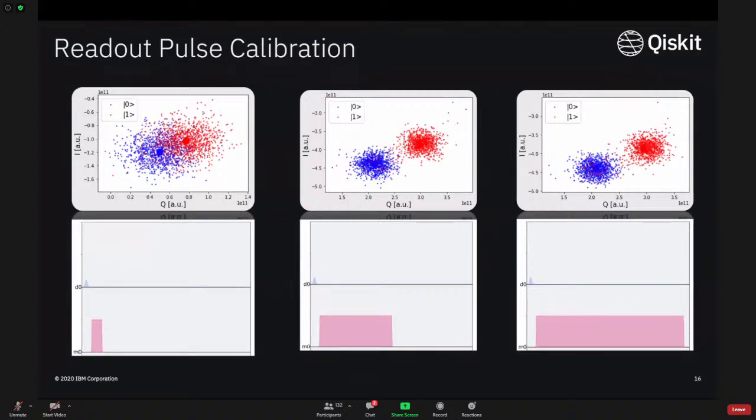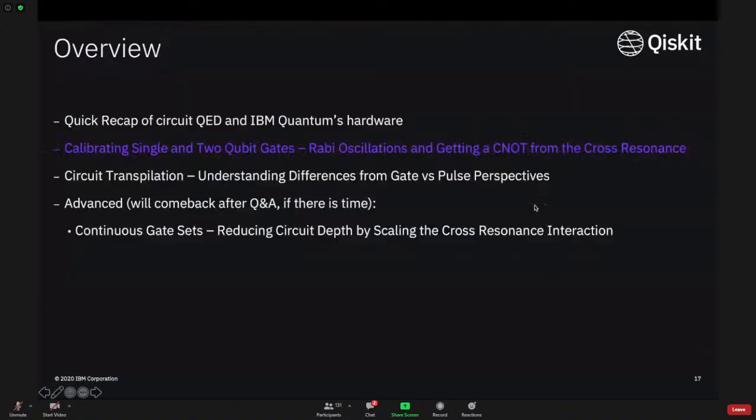And there are some different techniques. Some of them can be based on the control of your device and making use of, say, higher energy states. I will get to that if it seems to be of interest. But for the time being, I would like to move on and start talking about the calibration of single